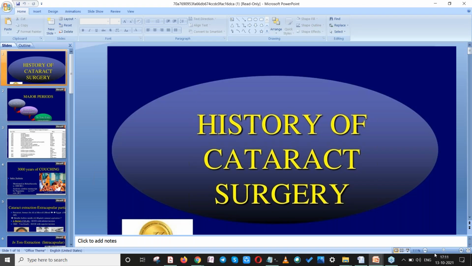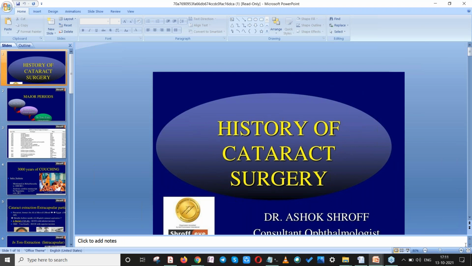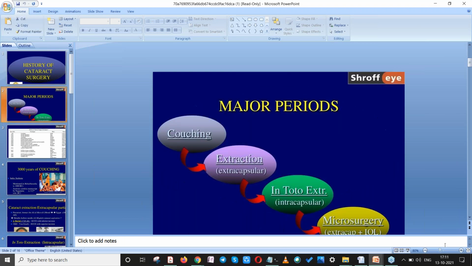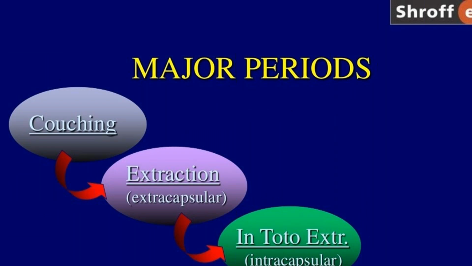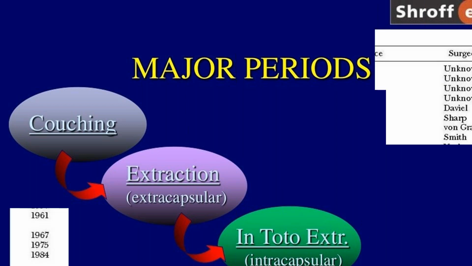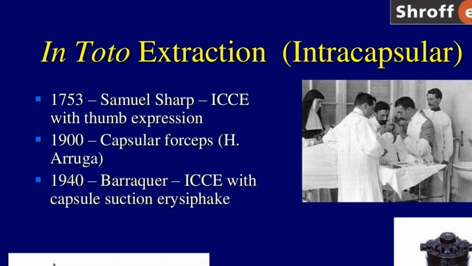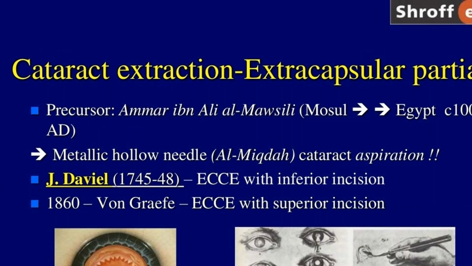Earlier, in the very primitive era, there was couching, then there was extracapsular cataract extraction, then we developed intracapsular cataract extraction, and then there's phacoemulsification. Okay, so in the extracapsular cataract extraction,